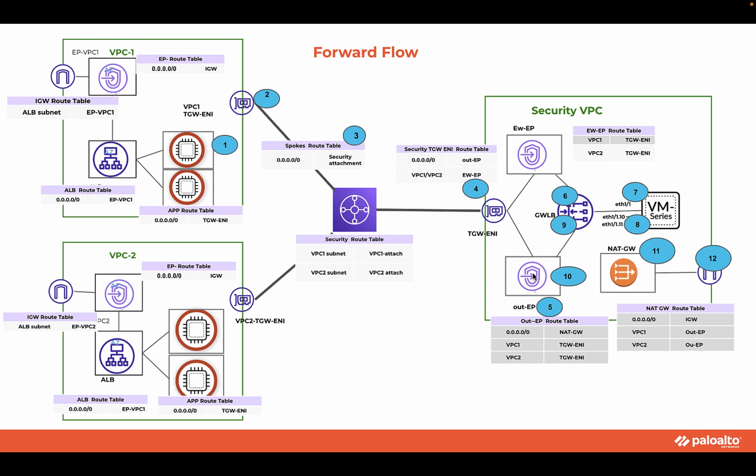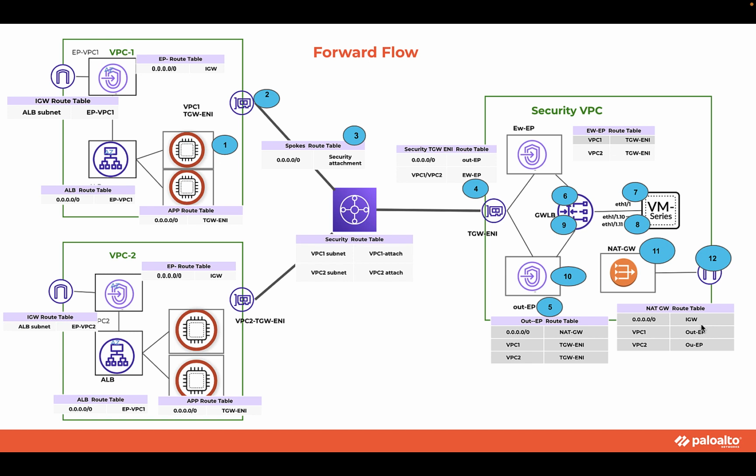At the endpoint, the traffic gets forwarded to the gateway load balancer. The load balancer forwards it to the VM series. VM series is going to map it to the right zone, apply the policy, and send it back towards the outbound endpoint. At the endpoint, it finds a match in the route table for the NAT gateway for its default destination. So the traffic gets forwarded to the NAT gateway, and at the NAT gateway, we have a default route pointing